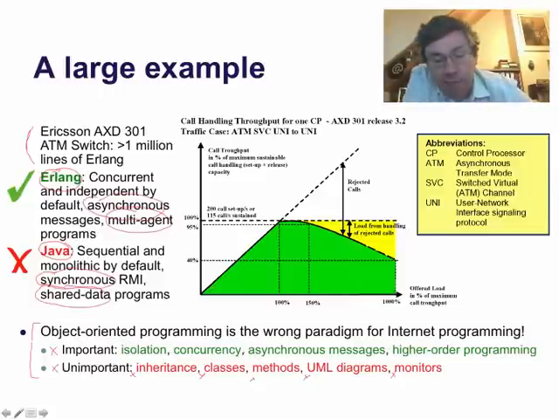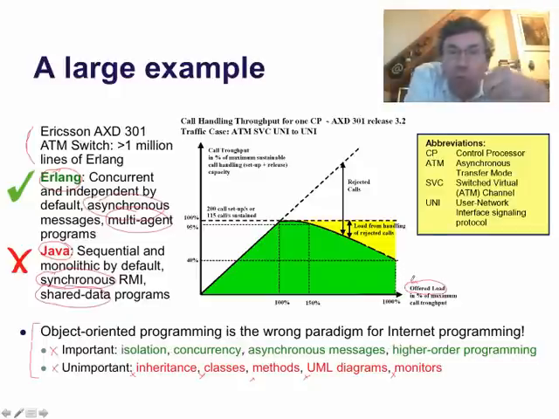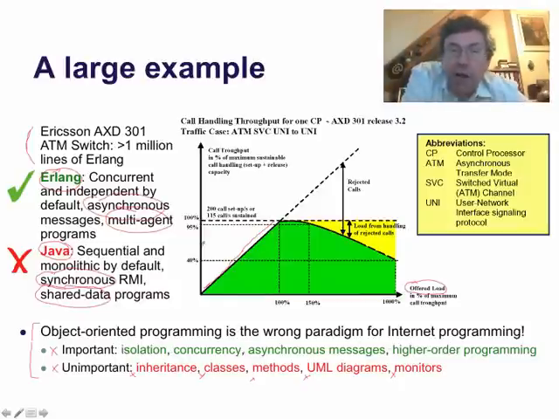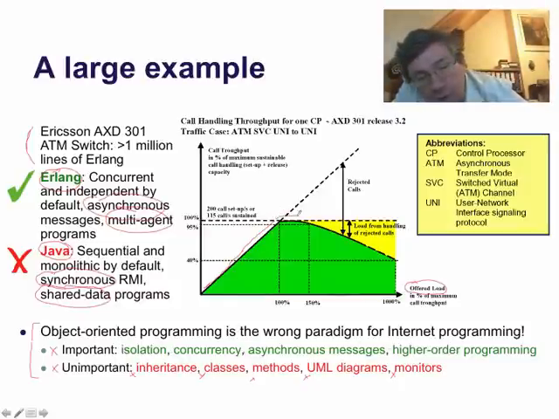If you look at the graph here, this graph in the middle is showing the behavior of the AXD 301. On the horizontal axis, we have the offered load. We offer a certain load, and on the vertical axis is the actual throughput that the system is sustaining. You can see that if the offered load is small enough, then the system can follow. The throughput is increasing as the offered load is increasing. At a certain point, when you get to the maximum here, 150% of the maximum, then the throughput reaches its maximum. Now, if you keep offering more and more load, the throughput will go down very gently.